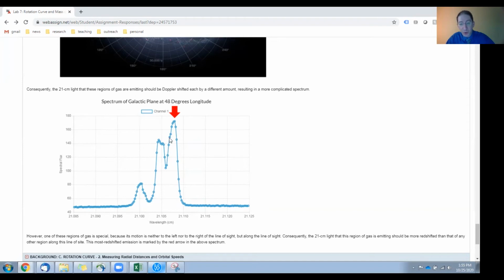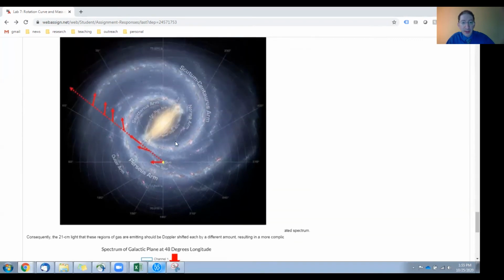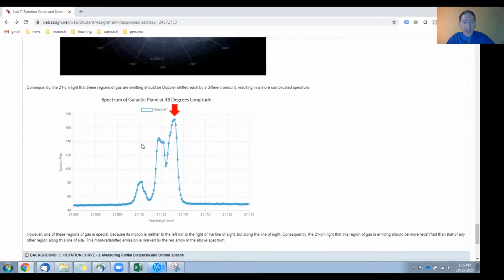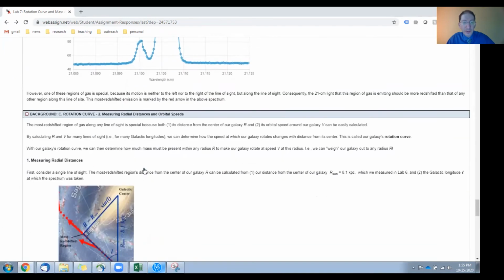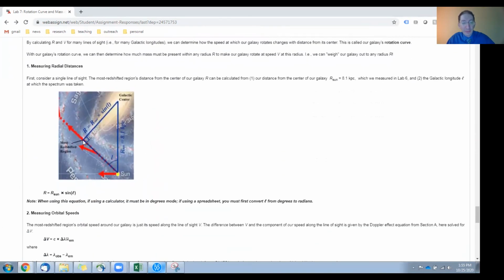And the rightmost one, the most redshifted one, is special. That corresponds to this point right here, where its motion is completely along the line of sight. And this is a very useful point because it forms a right angle with the center of the galaxy and with us. And that makes it very easy to calculate its distance from the center of the galaxy and its